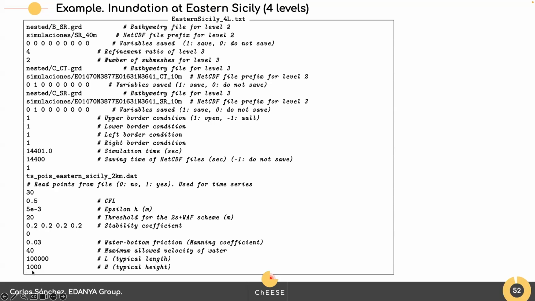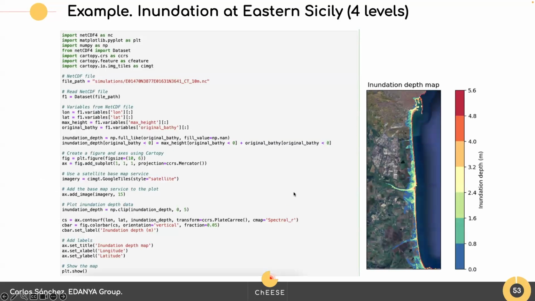And if you observe here, I have no lines regarding the arrival time, because I'm not interested in storing arrival time, so I don't need to put anything in the last line regarding the arrival time. Okay, so we are ready to run this, and one of the things that I want to show you is